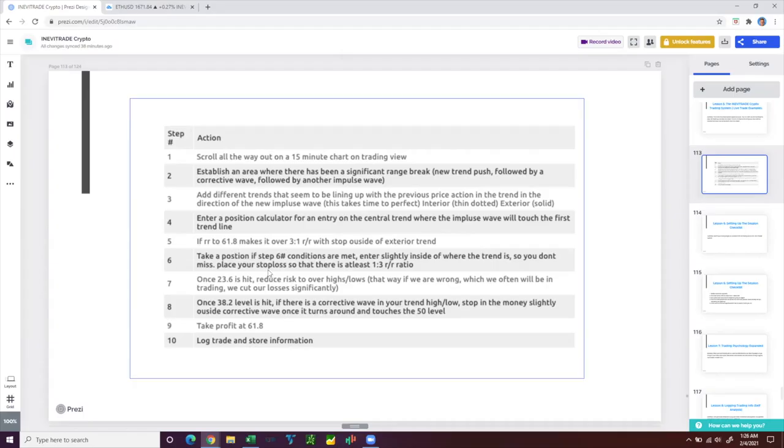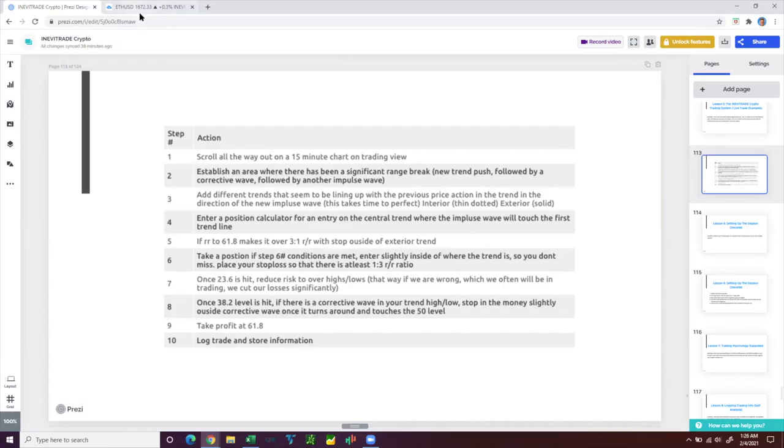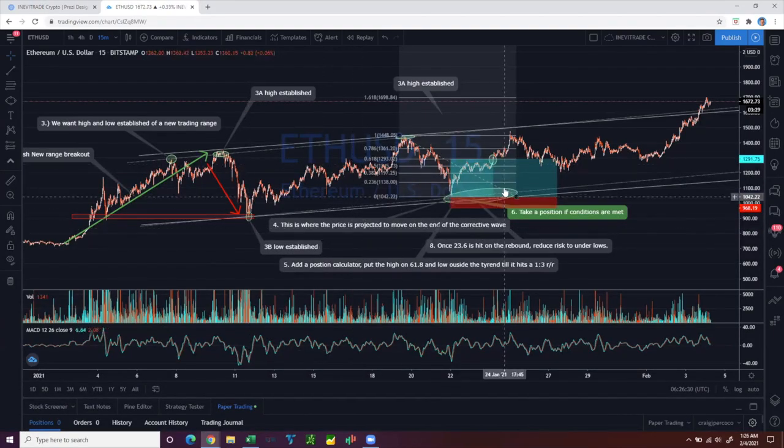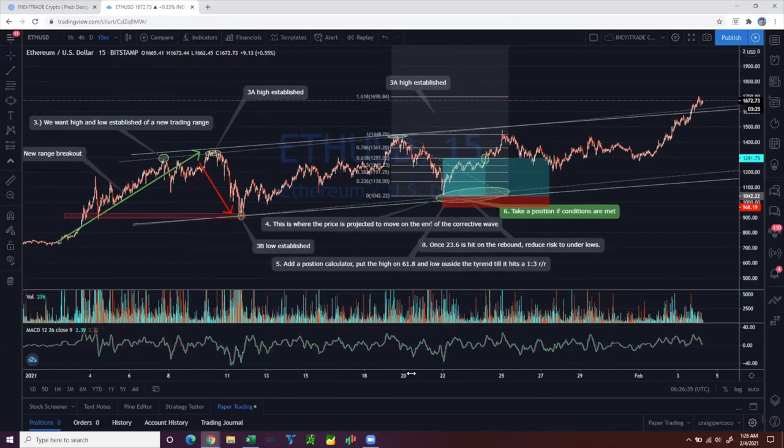So just like we talked about, we want to take the trade on the interior but account for the exterior. So this is where the next part happens, and this is where the next rule comes into play. As soon as the price action, and I'm going to draw on the screen here so we can imagine what happens, as soon as the price action bounces off this level and comes up to the 23.6 level that we're looking at on the Fibonacci right here, this is where we want to start reducing our risk,